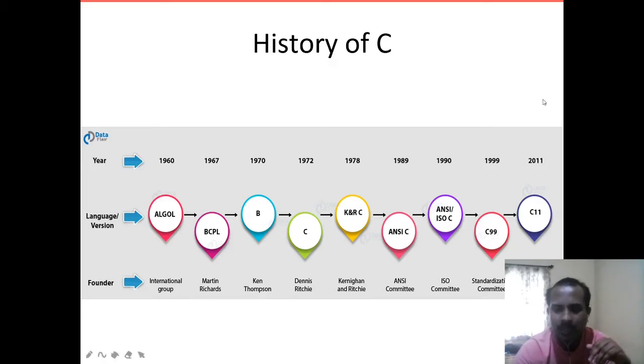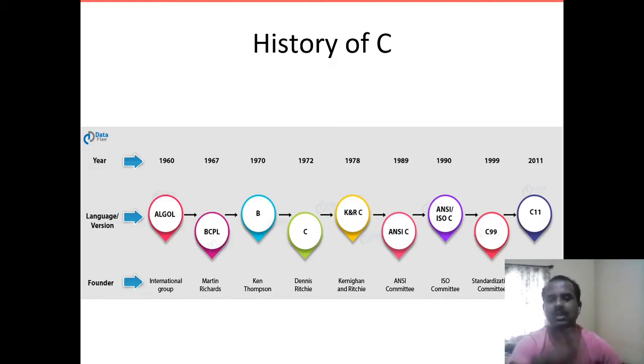In the period of 1990 to 1999, C++ and Java were developed. C++ and Java were developed from C, but we thought that we could take certain features from C++ and Java.